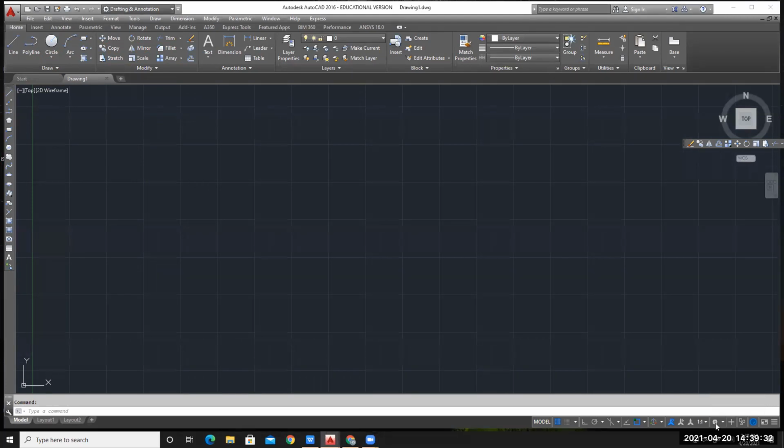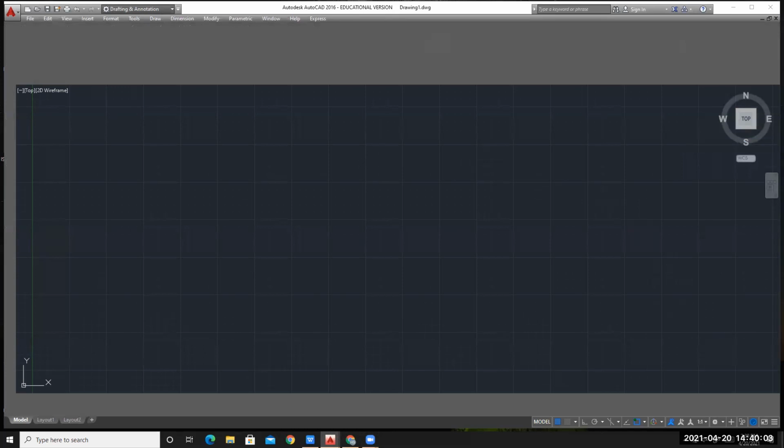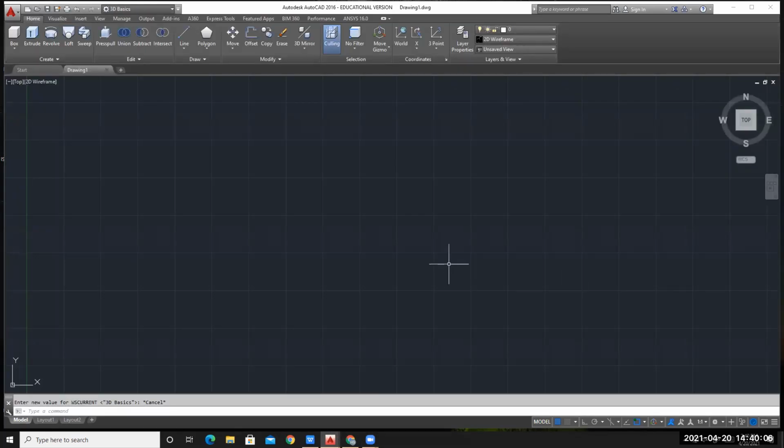When you click on this, you will see these three options: drafting and annotation, 3D basics, and 3D modeling. If you are working on 3D modeling or 3D basics, you can go for these two, or else if you have to work on 2D drawing, you can click drafting and annotation. By default, it will reset everything that is required. If you click on 3D, you can see the interface will change. Now here you have your 3D create commands and 3D edit commands.